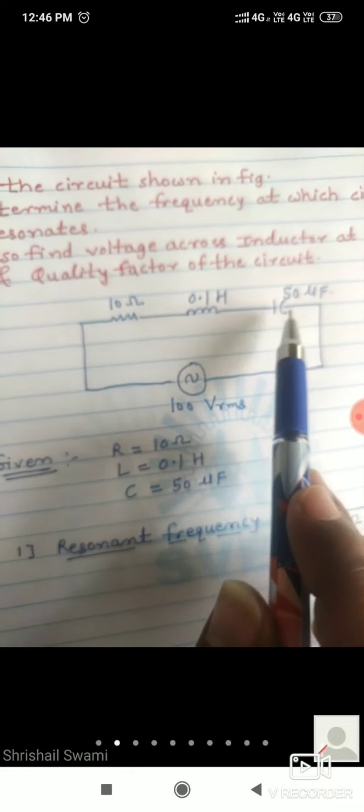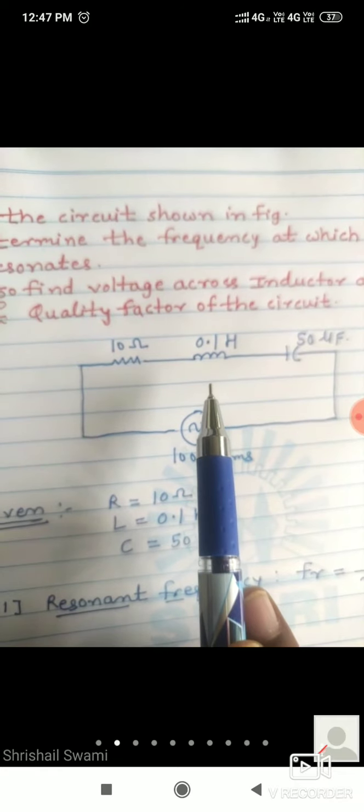So how to identify here a series circuit? Because R, L and C are connected in series here. In the question they have not mentioned the word series anywhere. So based on the diagram you have to identify that the numerical problem is based on the series resonance circuit. The resonance frequency of series resonance is given as FR is equal to 1 upon 2 pi into under root LC. So put the values of L and C and tell the answer.